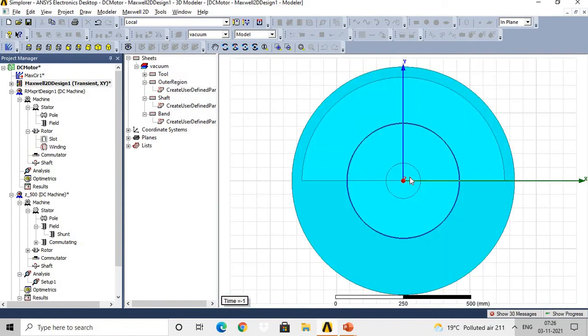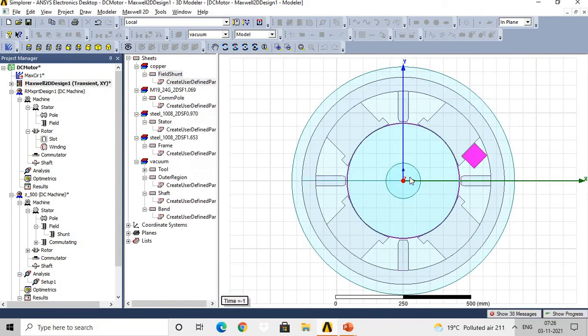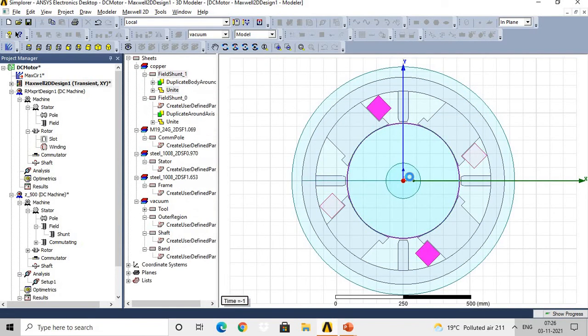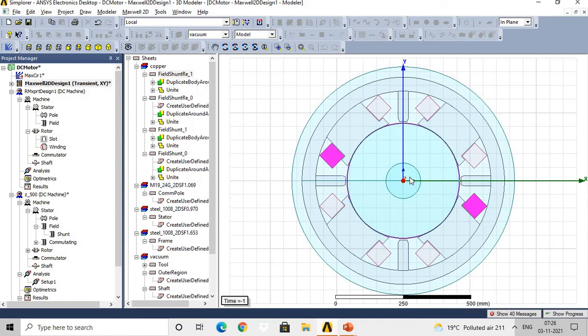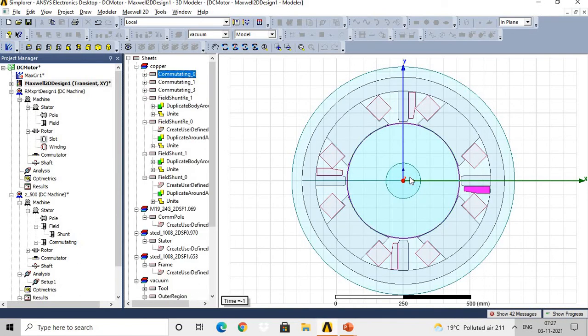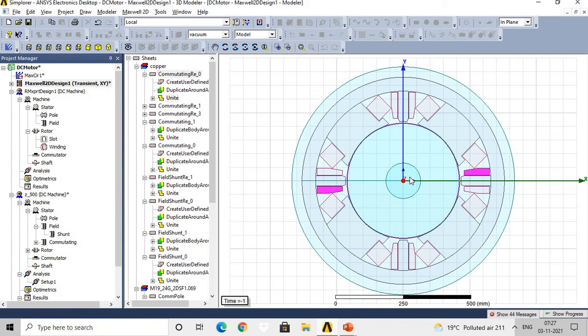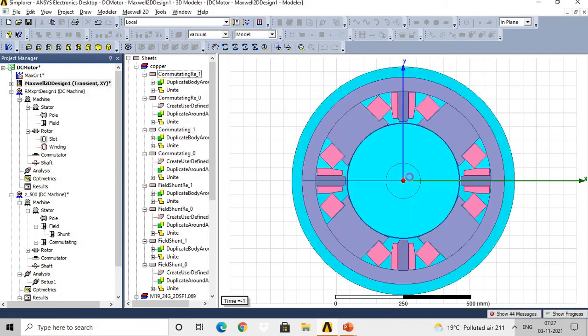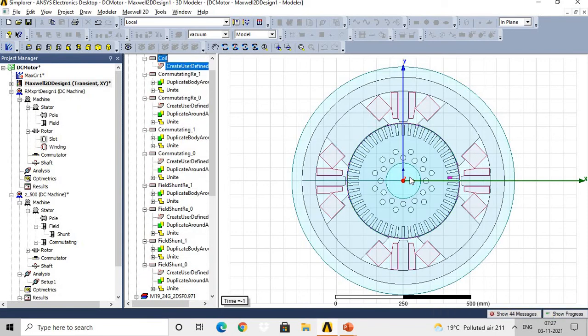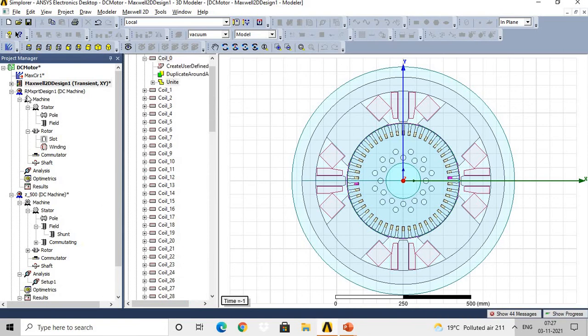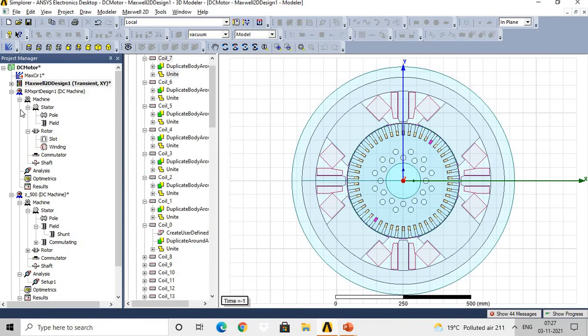But if you have the idea, or if you are interested to know more about the supply part available for this machine while checking the performance, then you need to convert this design at least into the Maxwell 2D design. Under the Maxwell 2D design, you can go through the supply circuit, that is under the DC motor, Max circuit 1.